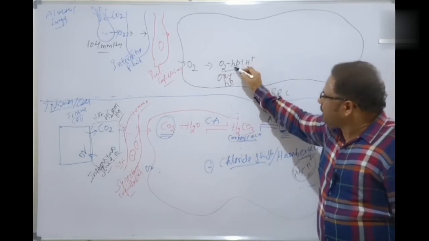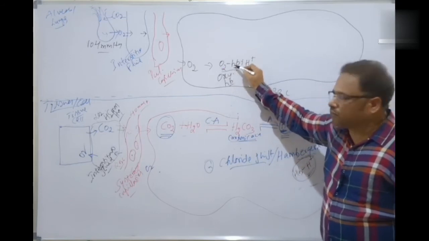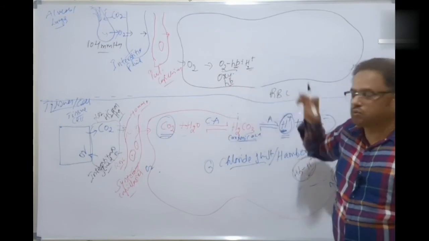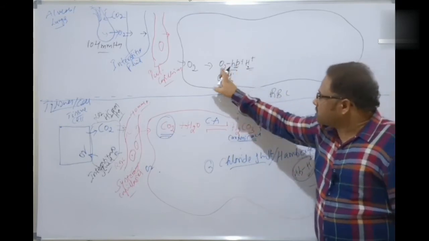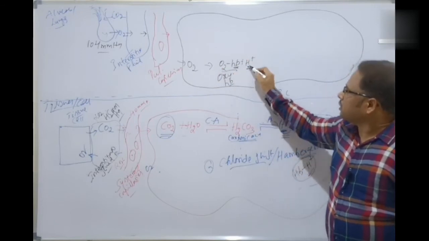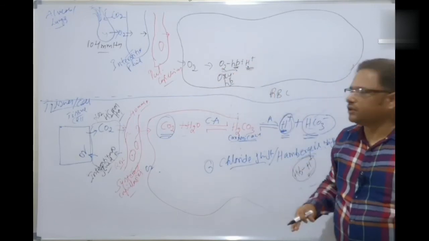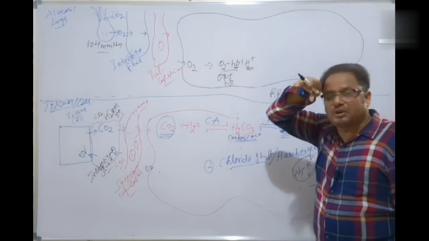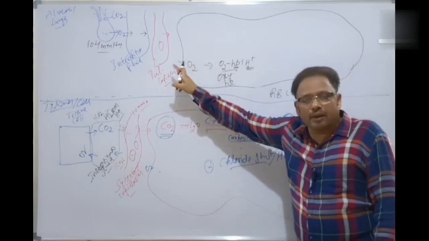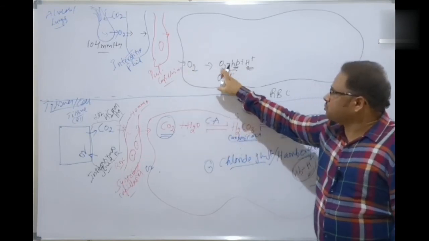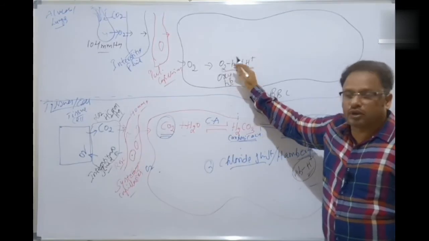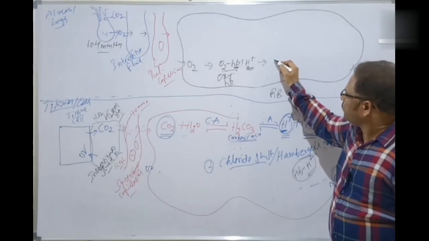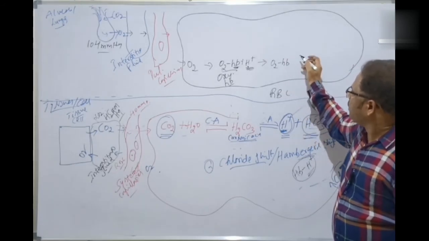But what is the condition? All of you listen carefully. If oxygen has to bind with hemoglobin, the hemoglobin has to leave the hydrogen ions. That's why hemoglobin is favoring which one here now? Oxygen, because the partial pressure of oxygen is more. This is at the alveolar capillaries, isn't it? So the partial pressure of oxygen is more. That's why hemoglobin binds with oxygen. But the only condition is that the hydrogen ion must be left. Only the oxyhemoglobin is there, and the H plus is now free.